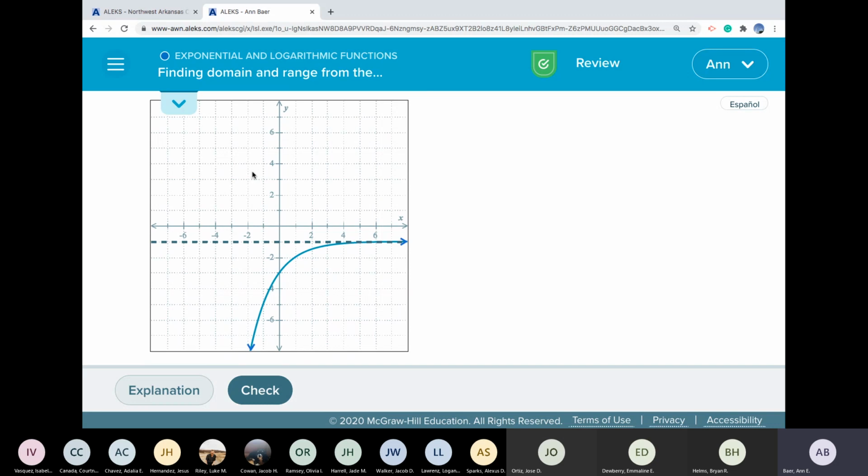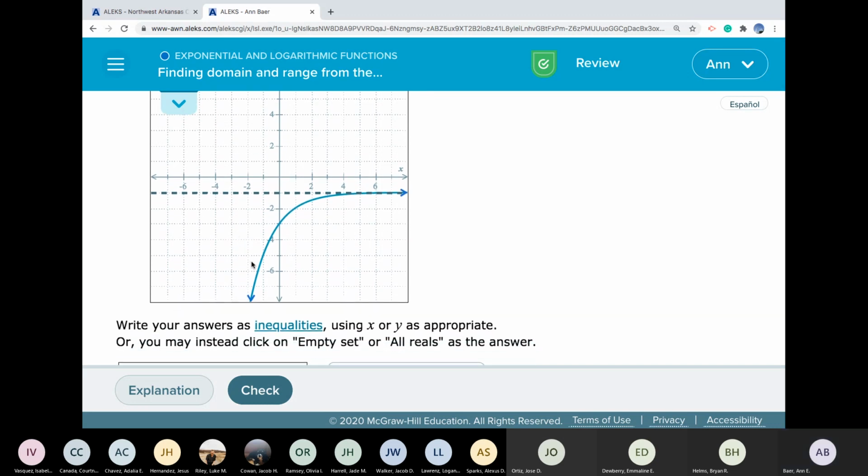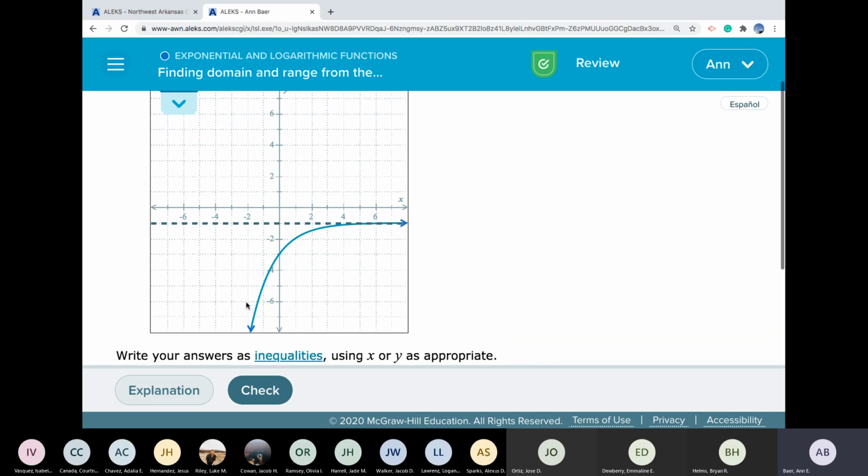Well, the domain is pretty simple. We just want to collect all the x's. So this goes out a little bit, over and out a little bit all the time. It's just very tiny that it does it, but it has forever to do it. So this will reach and get closer and closer to infinity all the time. The x's will get closer and closer to infinity all the time.